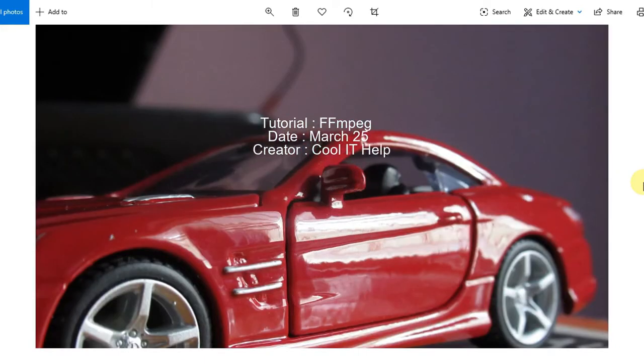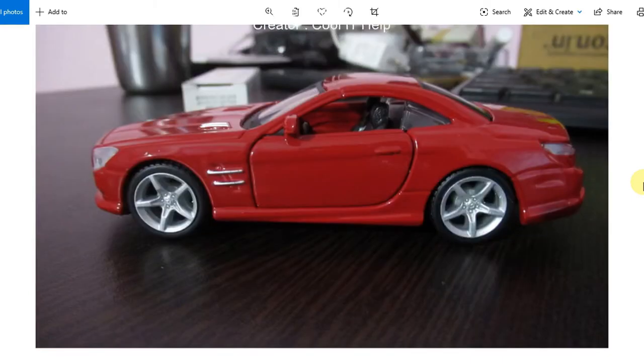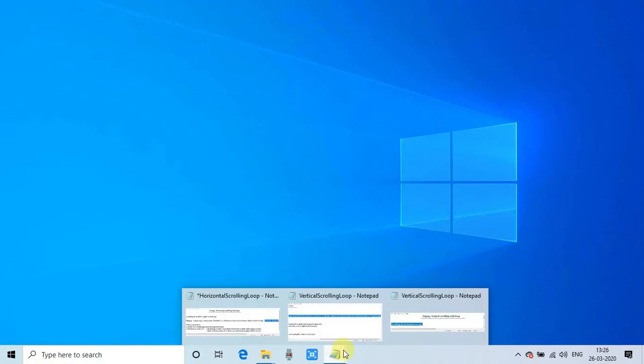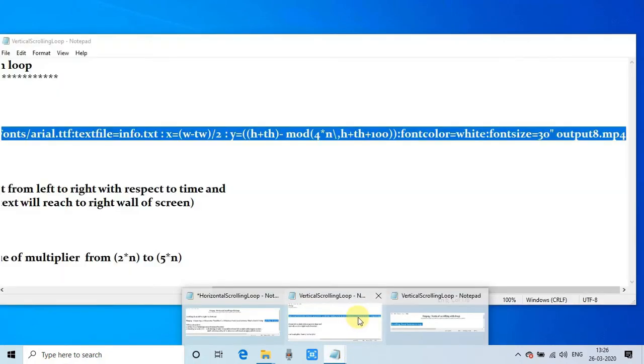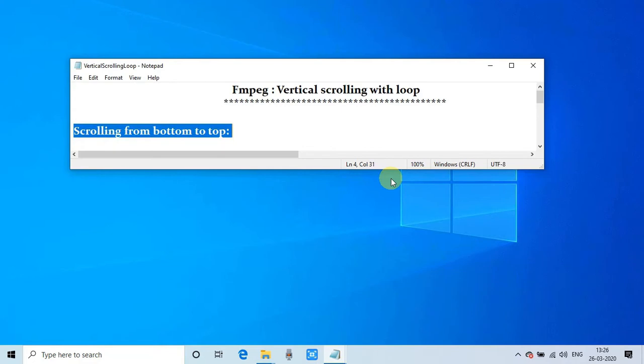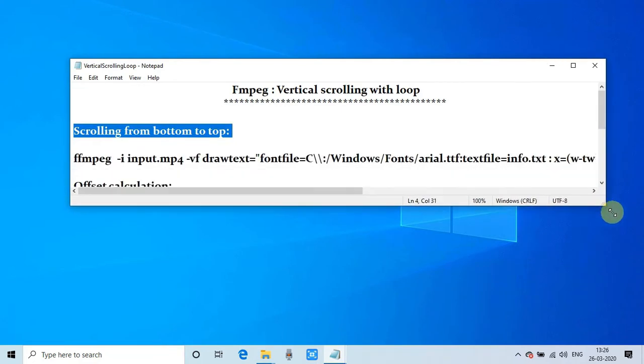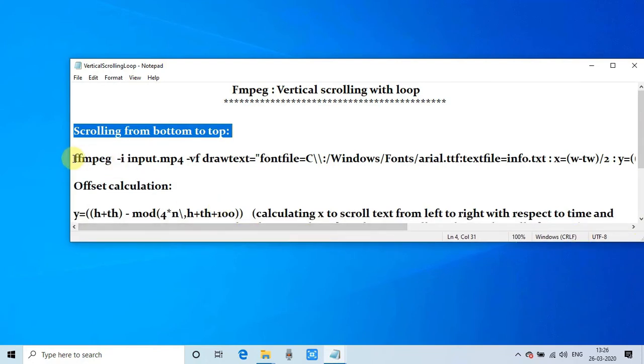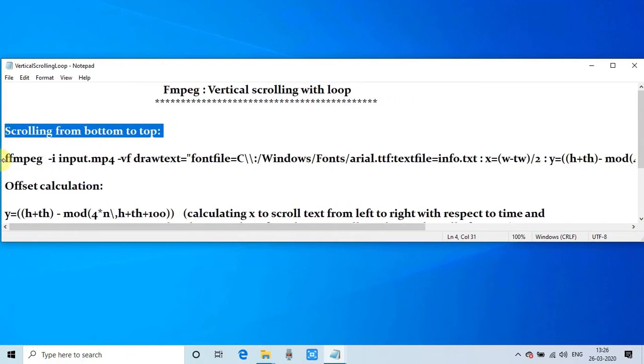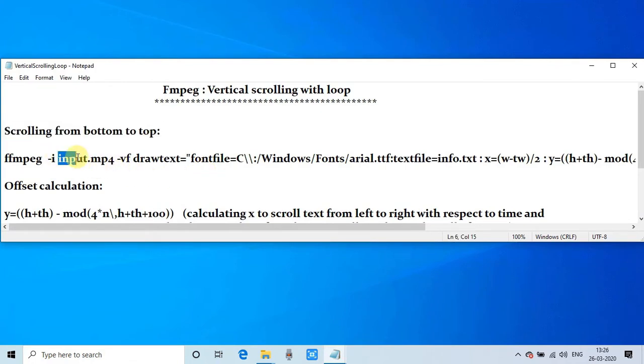Okay, so first I will close this video. Okay, and I will delete this example to avoid the confusion, and this is our file. So here the command is ready and I will explain about this command, and I will show you the most important things that you have to consider.